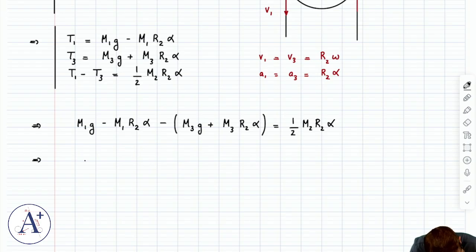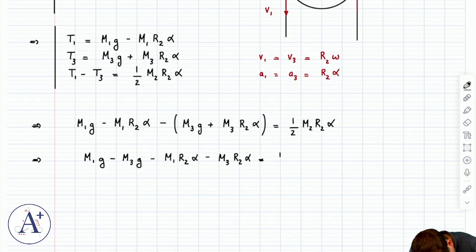Okay, so I'm going to get M1G minus M3G minus M1 R2 alpha minus M3 R2 alpha is equal to 1/2